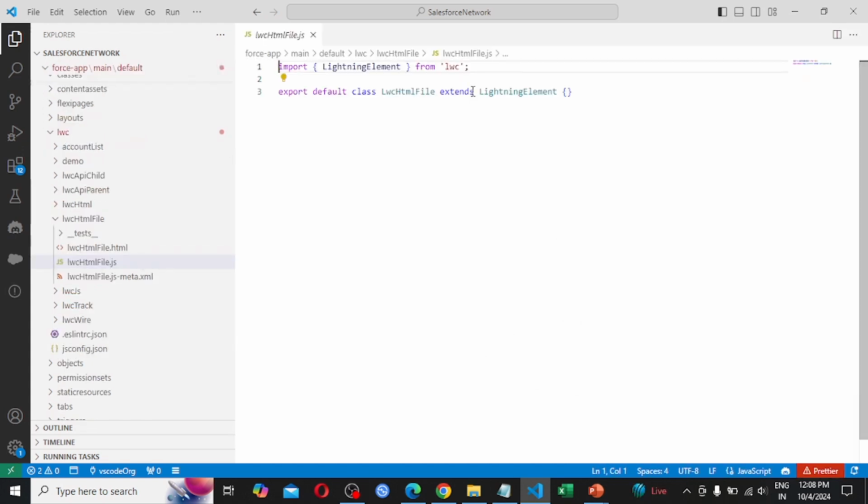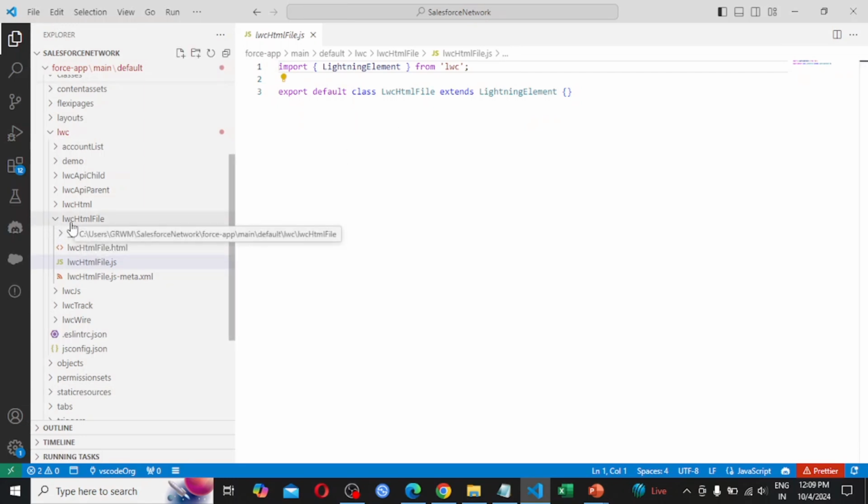As we had given the lightning web component name lwcHtmlFile, it has created 3 files for us. So here we are seeing lwcHtmlFile, what we had provided. It created a folder.